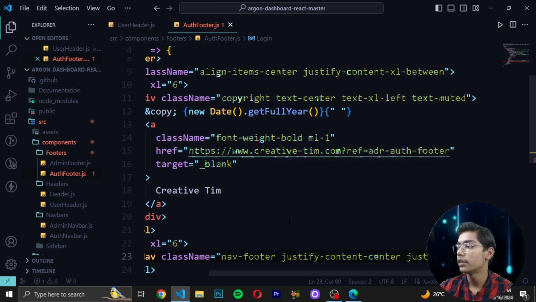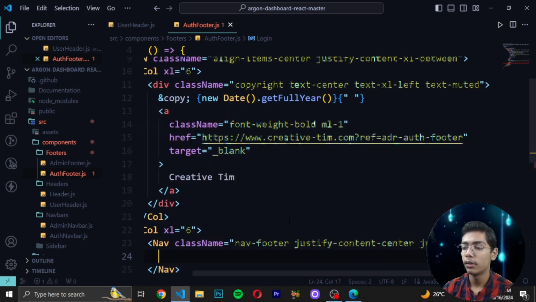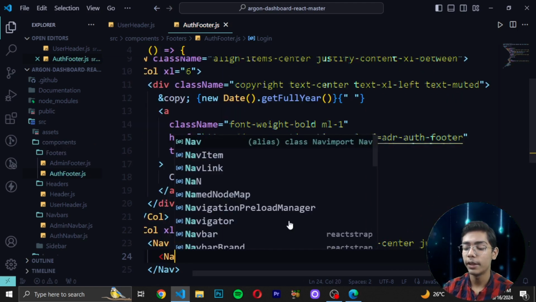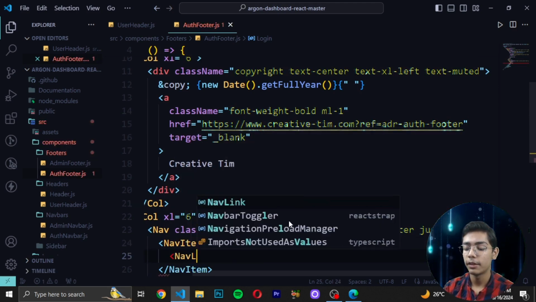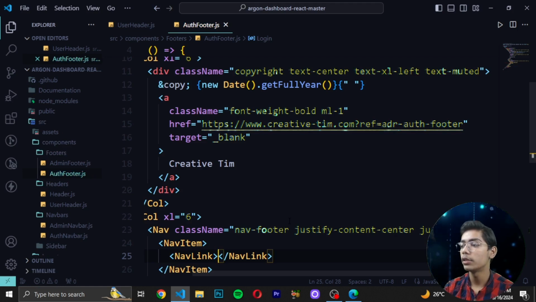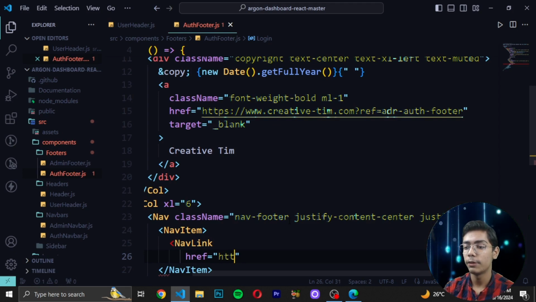And now here you can just see we have created these things, and then you can write justify-content-xl. So here I will be writing, and then close and move down, then use NavItem, and then here I will be writing NavLink. And then you have to move down and write href, which will be as